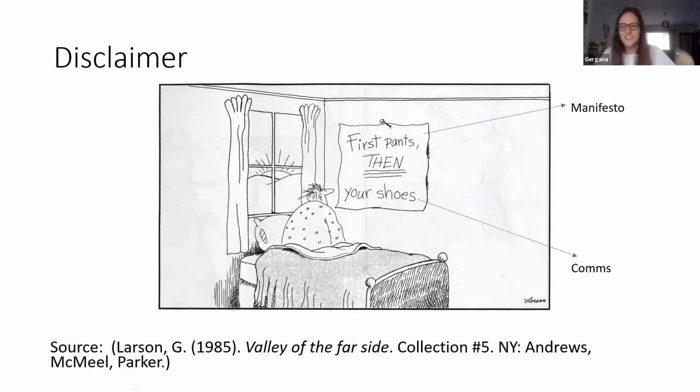Right. So just as a disclaimer, before I start, I know it's obvious, but please don't start your comms before you know what your message is. There is a reason why your message is step 1 and not step 5 or step 3, because everything should be based around your message. Everything should be based around what you want to achieve, why people should vote for you. So really do that first, and don't start designing social media posts, and don't start thinking about colors and videos before you have your main point in your head.